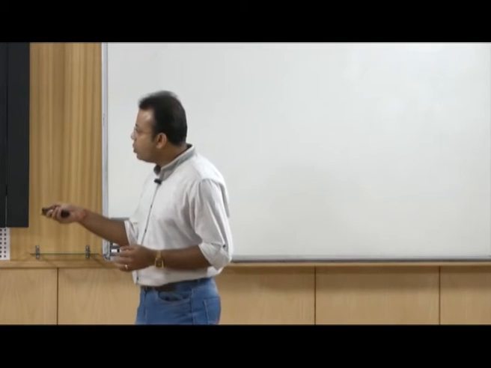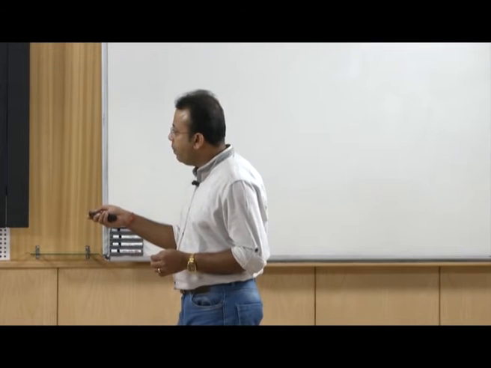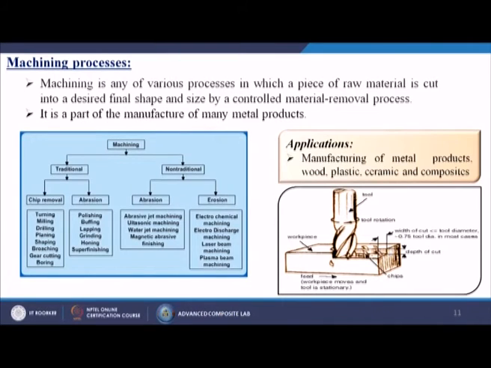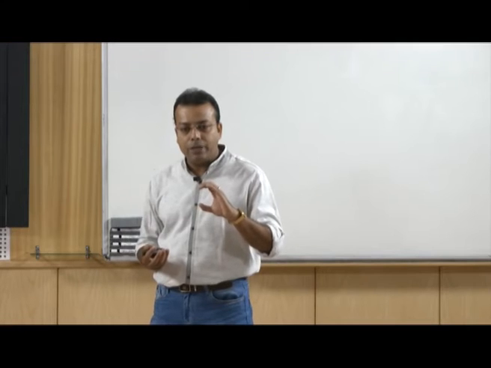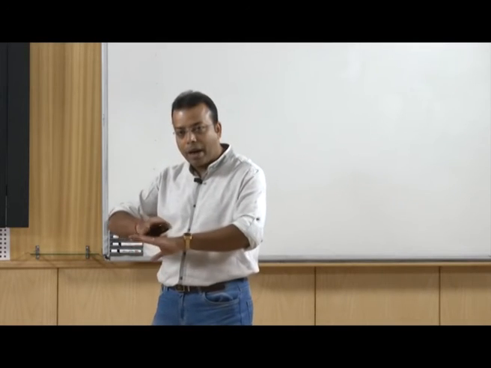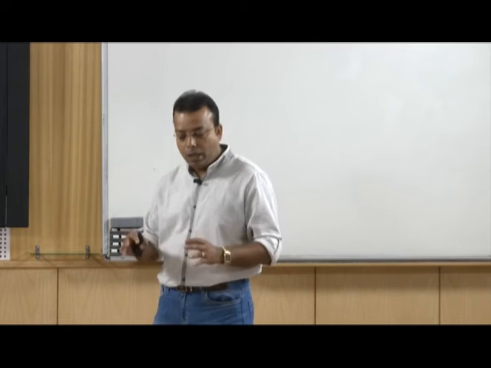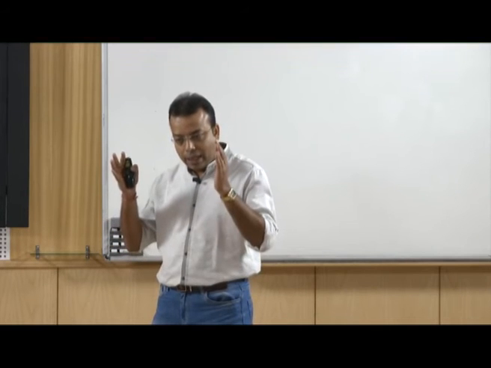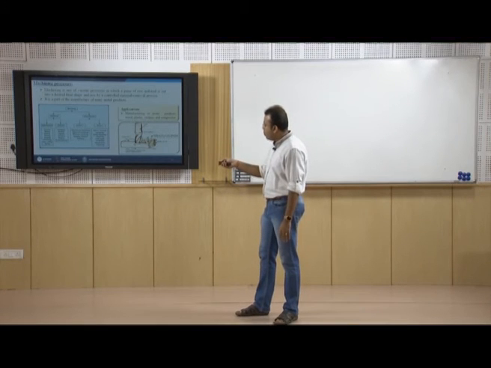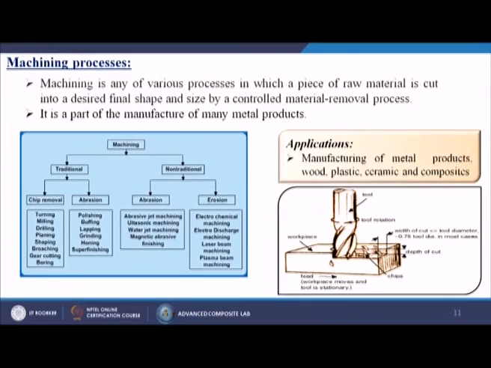So, when you are talking about the chip form, there are turning, milling, drilling, planing, shaping, broaching, gear cutting and boring. These are all cases where the material removal rate is higher and the reduction of the material will be more. But when you are talking about abrasion-based processes, you are just rubbing the surface of that particular material, so you can easily understand that the material removal rate will be lower in that case. What are those? Polishing, buffing, lapping, grinding, honing and superfinishing processes.